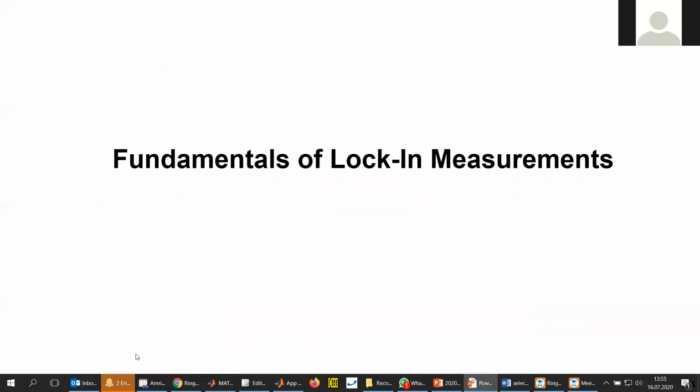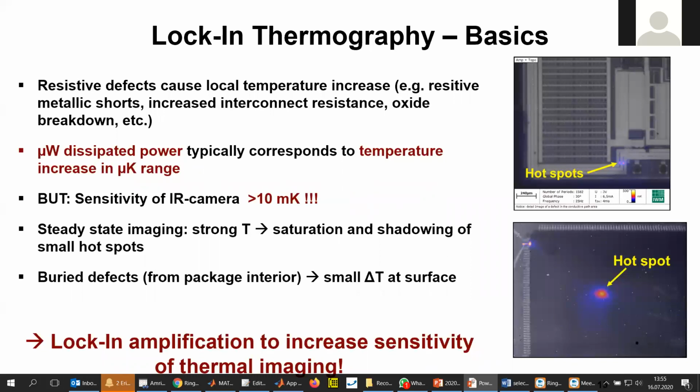Okay, that much about the fundamentals of direct thermal imaging. And I'll continue with some basics about the lock-in measurements. As I've mentioned before, in lock-in thermography, we are looking at resistive defects which cause a local increase in the temperature, such as metallic resistive shorts of metal lines, increased interconnect resistance, or oxide breakdowns, or anything else that is based on an ohmic